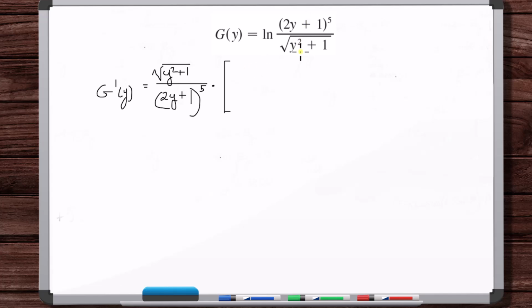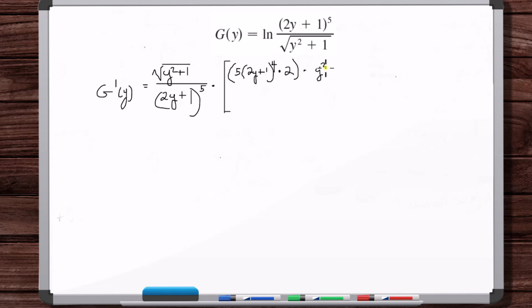So now let's just clear our brains, right? Put a big bracket here because we're going to be multiplying all of this times this. And what's the derivative of this? Well, we need to use the quotient rule. So, okay, the derivative of the top is what? Okay, chain rule. What is the derivative of something to the 5th power? It's 5 times that something to the 4th power times the derivative of that something. What is the derivative of 2y plus 1? 2. Okay. That's the derivative of the top